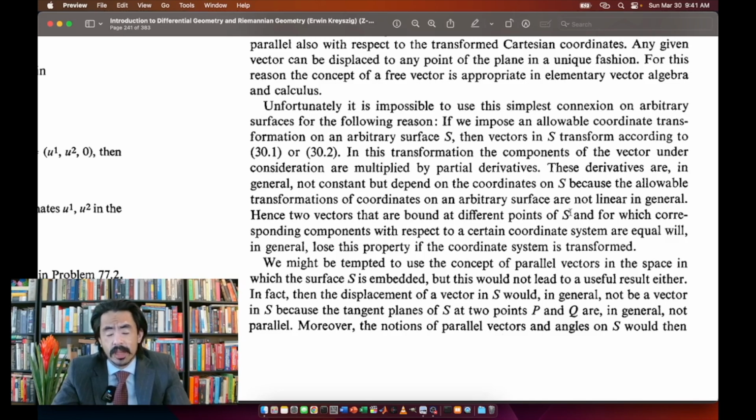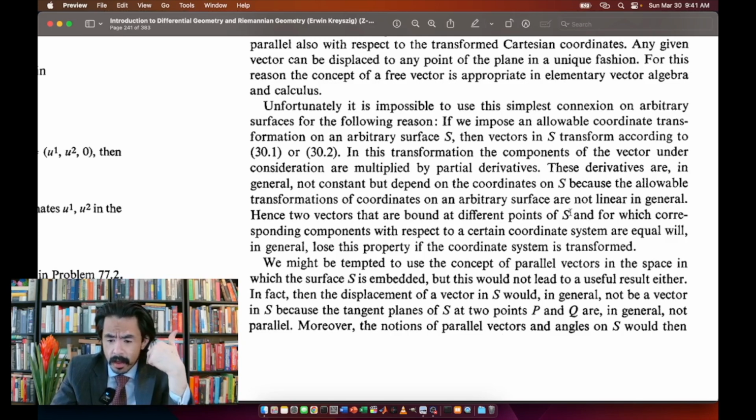Oh, and by the way, when I say allowable, it's just so that we don't have degenerate cases where we're working with surfaces and then things degenerate to just a line or a point, which would be namely when all of the partial derivatives after a certain point, like if we're on surfaces after 2 or 3 derivatives, let's just say, everything goes to 0. That's not allowable. So if we have anything other than that, it's an allowable coordinate transformation when we have those multiplications by the partial derivatives here, which we're talking about.